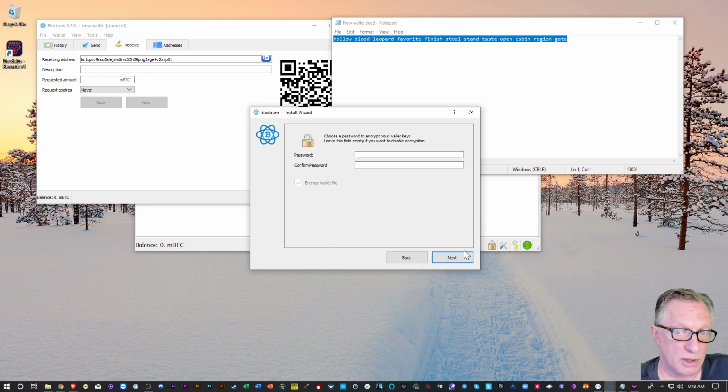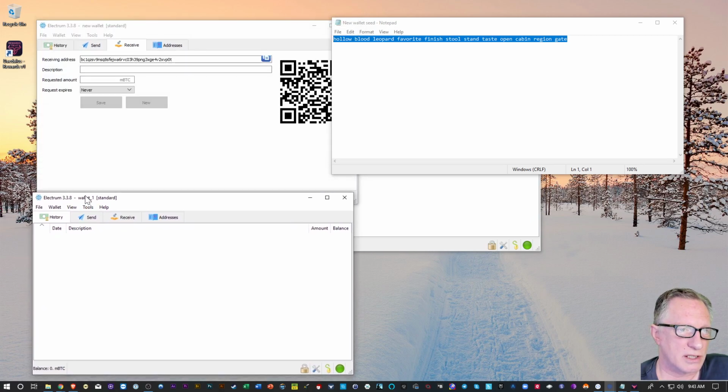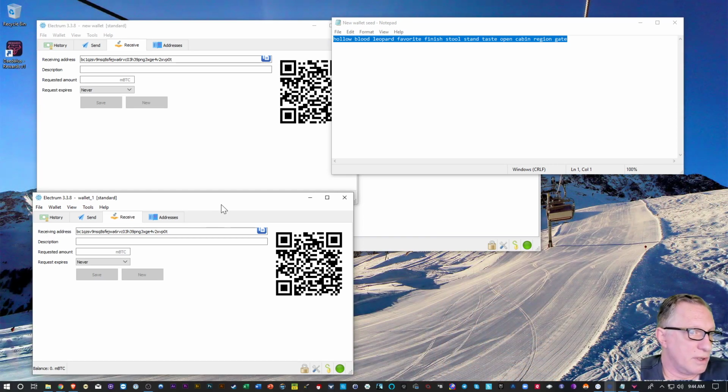And then I could create a password or not, and it would basically end up, see, it's the same wallet. I just gave it a different name. And then if we went to receive, see, it generates the same address. Right, so that's a creation of a wallet. We want to save this seed so that we don't lose it. And then I just did a restore of that wallet in case I accidentally deleted it or my hard drive crashed or the computer got stolen. Anything can happen, right? Or I get a new computer and I want to put this wallet on that new computer.